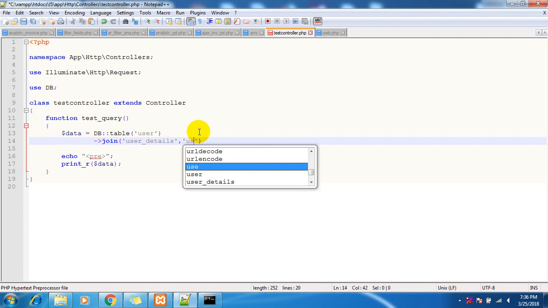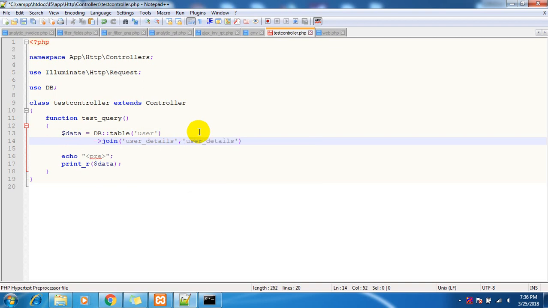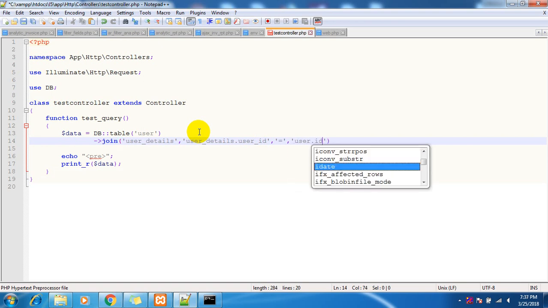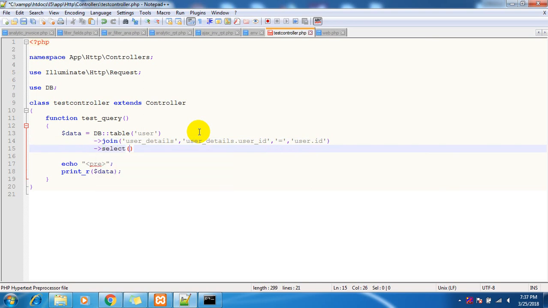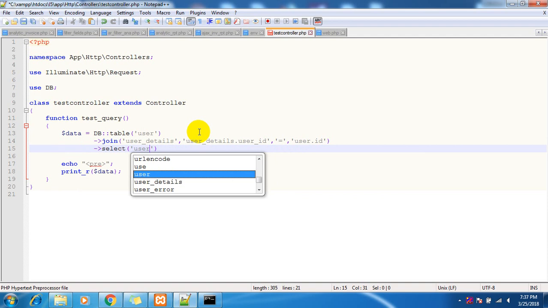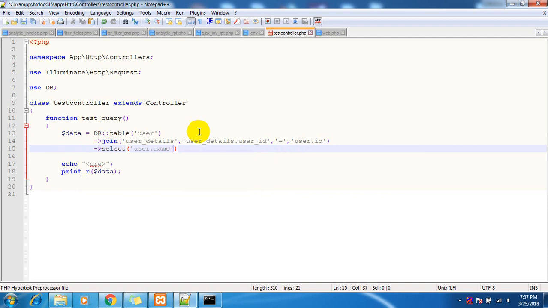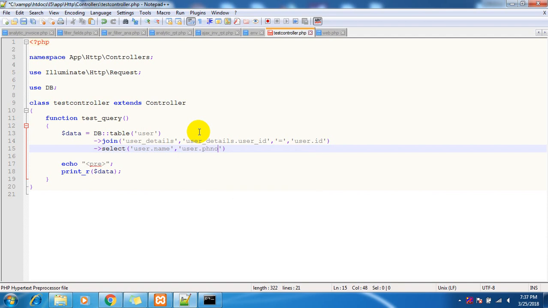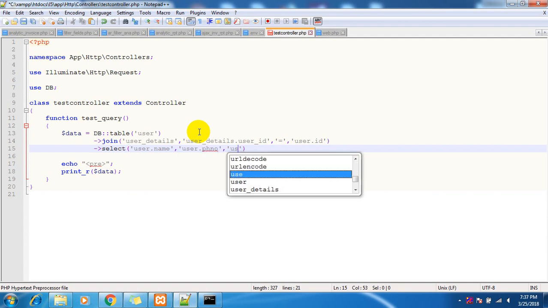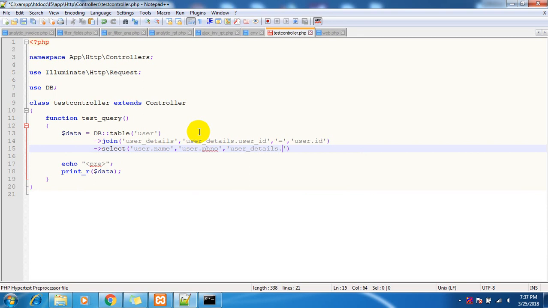Foreign key means user details dot user underscore id should be equal to user dot id, and then select from the user table user dot name, user dot phone number, and from the user details table user details dot email id,